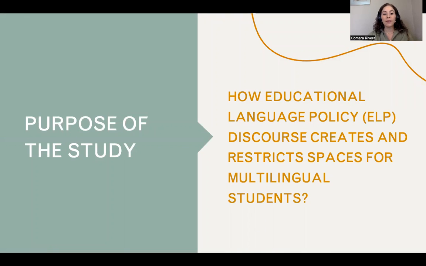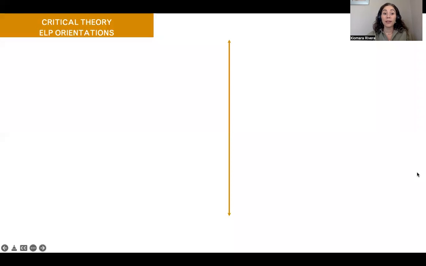The purpose of this study is to investigate how educational language policy discourse creates and restricts spaces for multilingual students. So how do the words that we're using in our policies support our multilingual students or restrict spaces for them? We investigated this using a critical theory, and we looked specifically at educational language policy orientations as defined by Hines